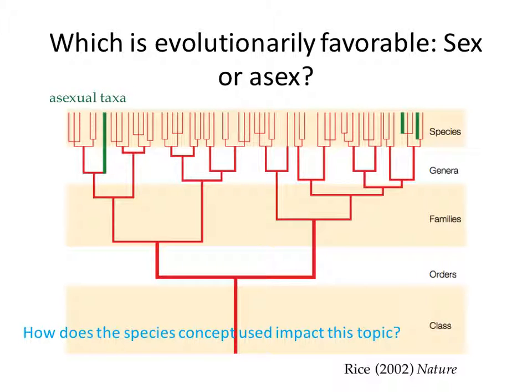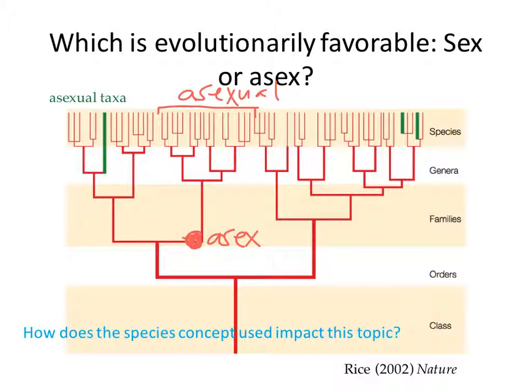In other words, we never see trends where there's a whole group of organisms that are asexual, which would mean that asexuality evolved up here, and then it lasted long enough through time that multiple species had been created. So asexuality, in other words, is never old. When a species evolves asexuality, it doesn't last.